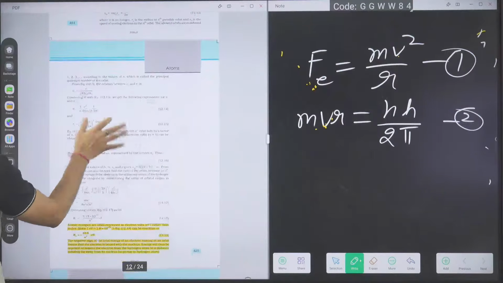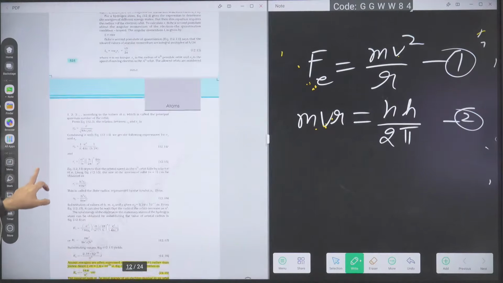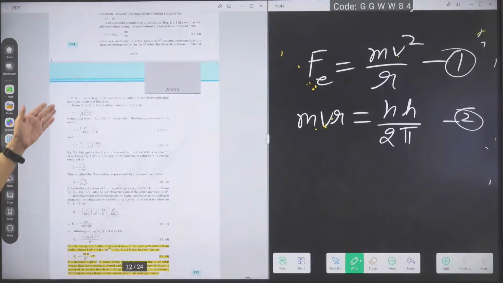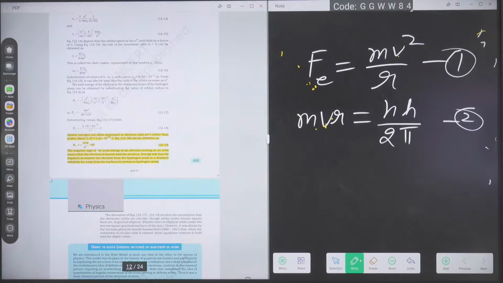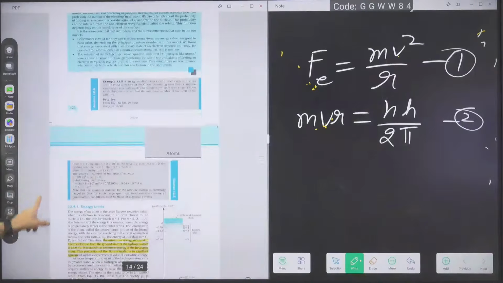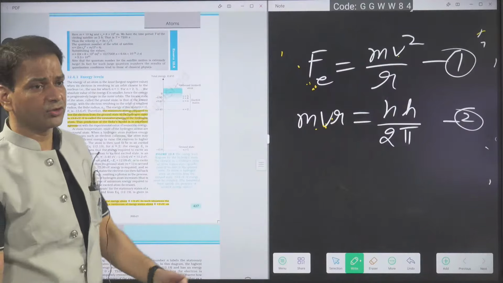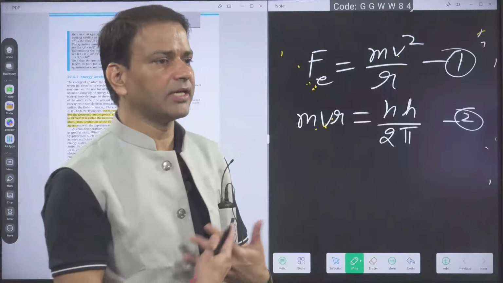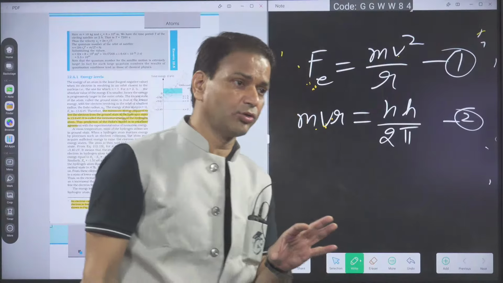So by using this radius and all, they have derived by Bohr quantization mvr is equal to nh upon 2 pi, and then from the force equation we are getting the velocity relation and the radius relation. The energy formula you already mugged up, in eV and also in joule. The energy levels also, you have to remember the difference between the first orbit and second orbit, first orbit and third orbit. If it is a hydrogen atom, then it is okay. For a hydrogen-like atom, you have to multiply with Z square. That also you have to do.